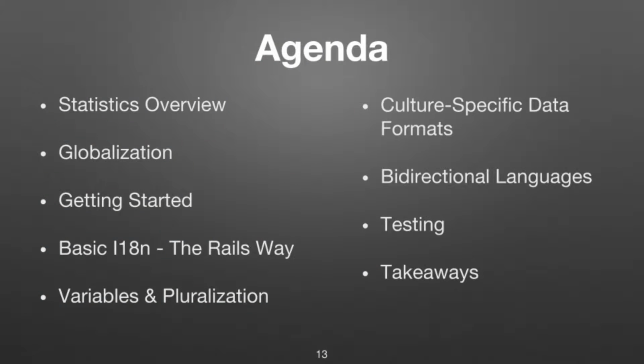We're going to talk about some statistics, kind of give you some motivation for this. We're going to talk about what globalization is. Then we're going to get started with some basic stuff that you need at the very beginning. Some basic implementation in the Ruby on Rails application that we're going to frame our problem around. We're going to talk about variables and pluralization, which are common things that you need to consider when doing these internationalization tactics. Talk about culture-specific data formats, any considerations that you need to worry about with bidirectional languages, and then also